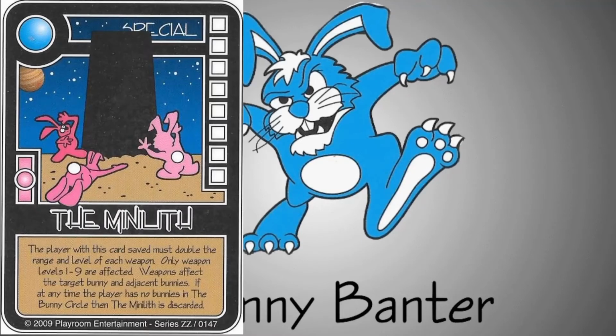There's one extreme case, which is Cruise Missile Prime from the red booster, that has a weird interaction with the Minolith because it's the only ranged level 9 or less weapon in existence. So it gets a bit complicated on how the math actually turns out. If you calculate it based on mechanical consistency, I don't believe it's ever been clarified, but Cruise Missile Prime normally affects adjacent bunnies. If you double it, I believe it will affect bunnies 3 spaces away and instantly kill them. It turns the Cruise Missile Prime into the Stray Asteroid,